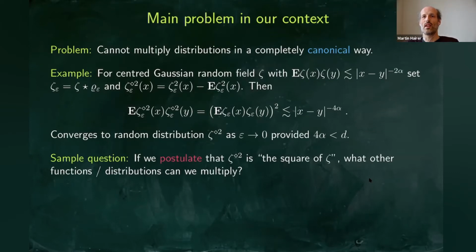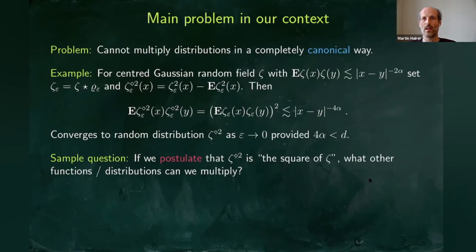and we postulate that the square of zeta is that Wick square, okay, that we define in this way as epsilon goes to 0. And that limit, by the way, does not depend on the choice of modifier. Okay, and so it's kind of intrinsically well defined. Well, so if we postulate just that we're able to multiply zeta with itself, then what other things are we able to multiply? Right, so you would think that, well, if I postulate that the product of zeta with itself